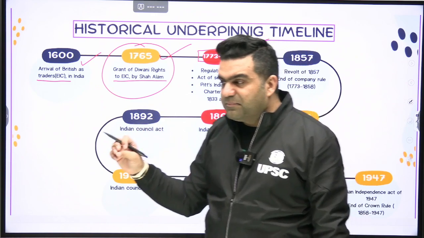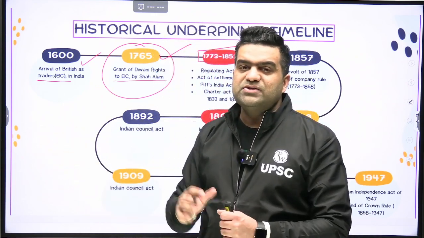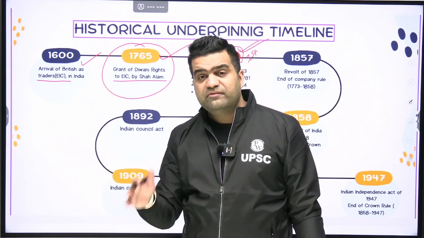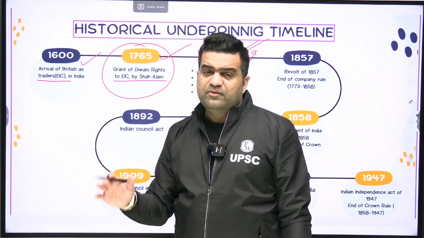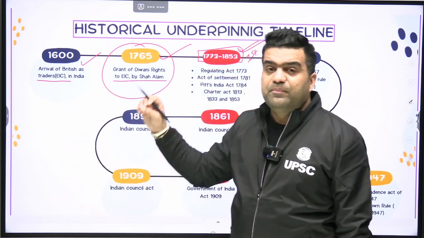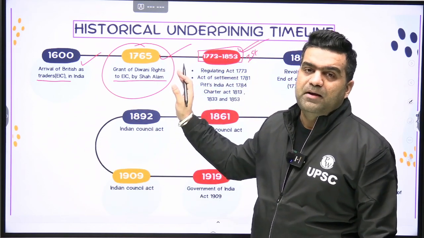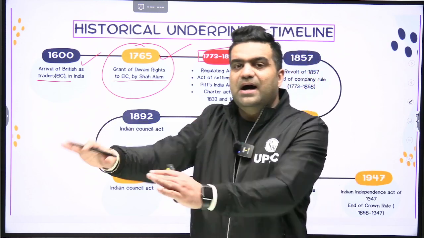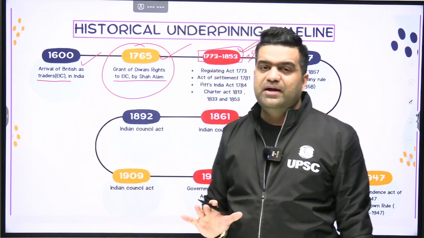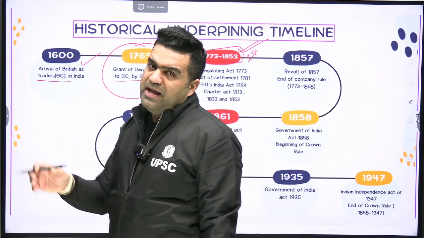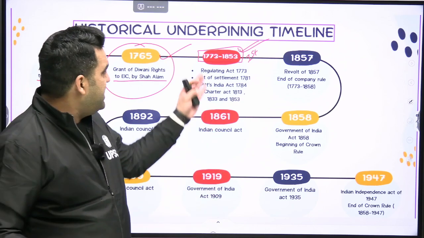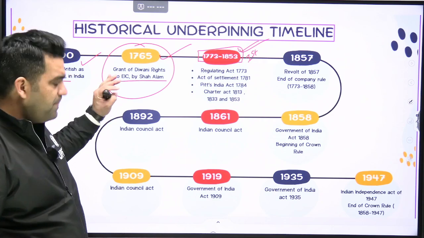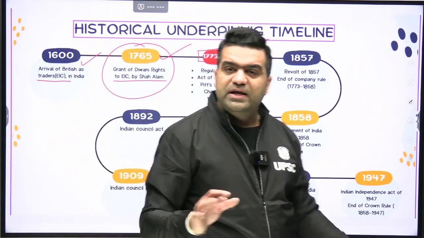That is, the company was having the rights and Britishers were, through arm's length, managing the affairs of the company. That means whatever mischiefs of the company were there, the British rule were there, they were put on the heads of the company, so that Queen Elizabeth, the British Parliament, remains aloof or remains at arm's length from whatever is happening in India. But after 1857, 1858, the Act of 1858 was passed after the revolt of 1857. Then the British Parliament took control over the government of India, right?